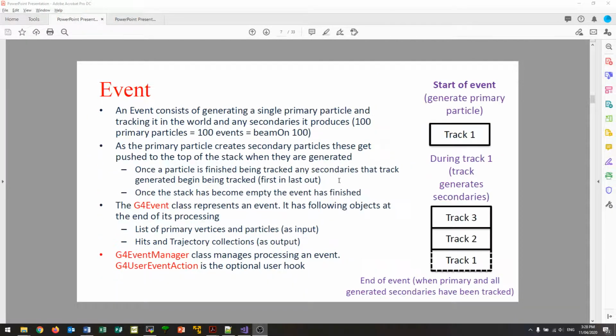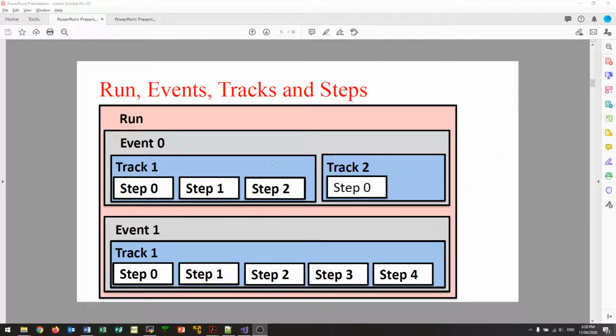So just to recap the hierarchy of a Geant4 simulation. When we're talking about Geant4 simulation, we often talk about these concepts here. A Geant4 simulation consists of a run, and a run is then made up of events, and one event is the creation of one primary particle and the tracking of